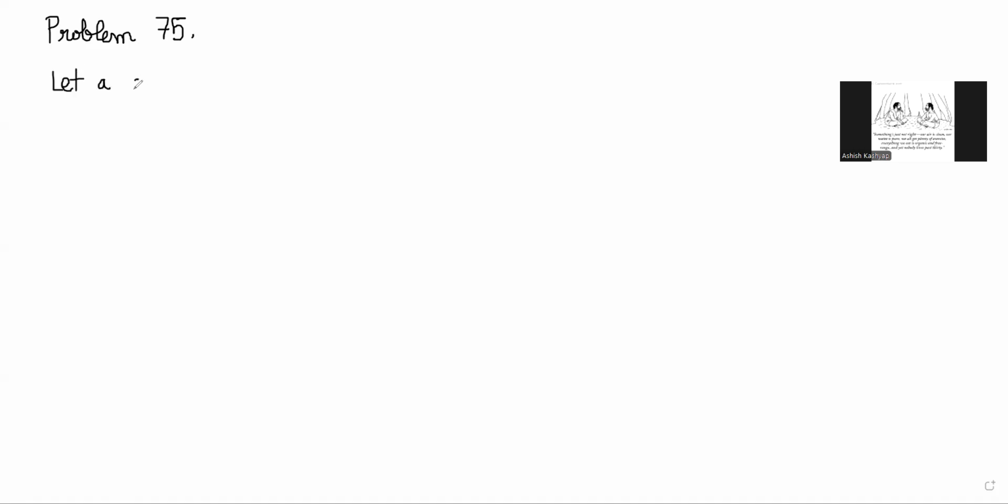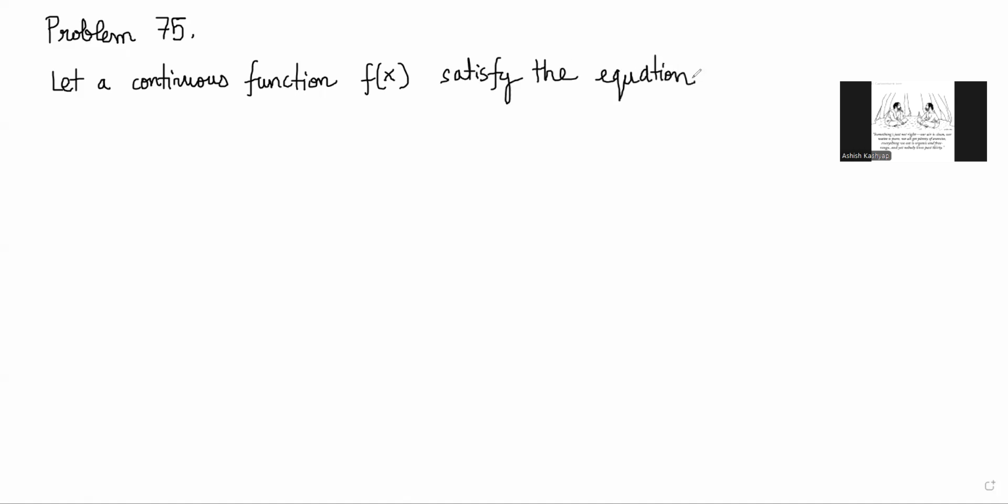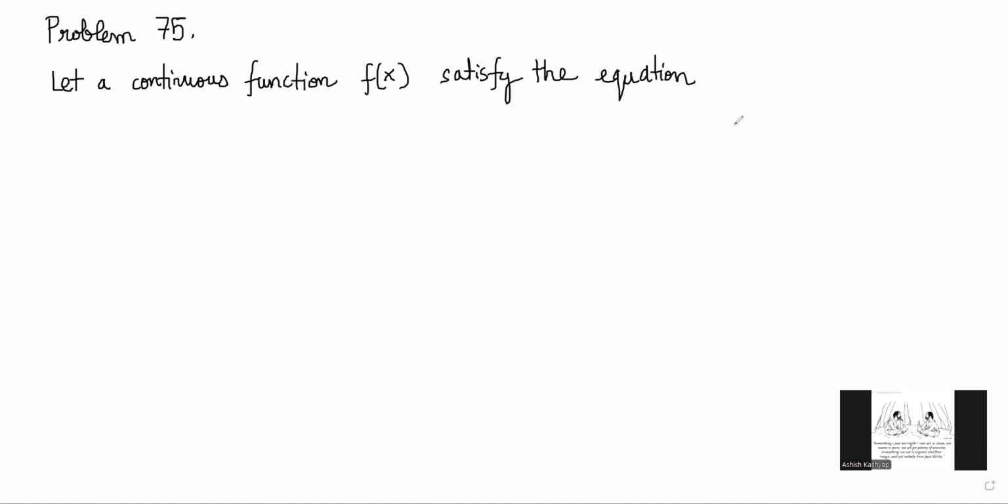Let a continuous function f of x satisfy the equation, and this is given as the integral from 0 to 2 of f of x times (6x minus f of x) dx is equal to 24. Now, based on this information that a continuous function satisfies this equation, we have to select